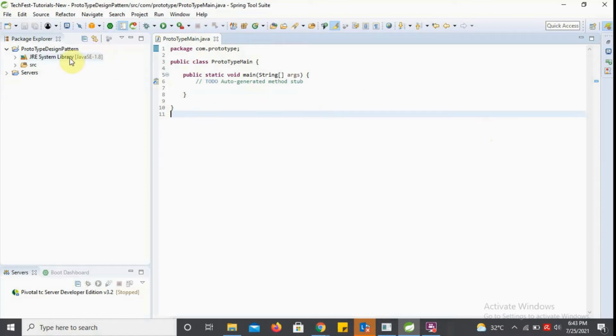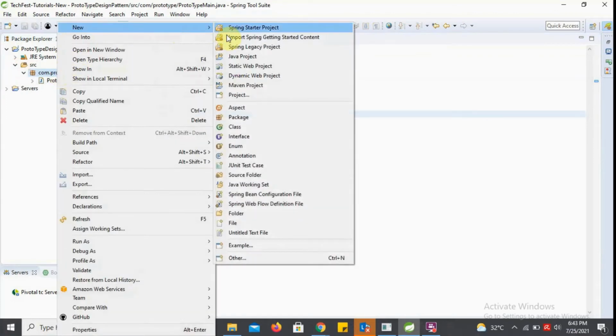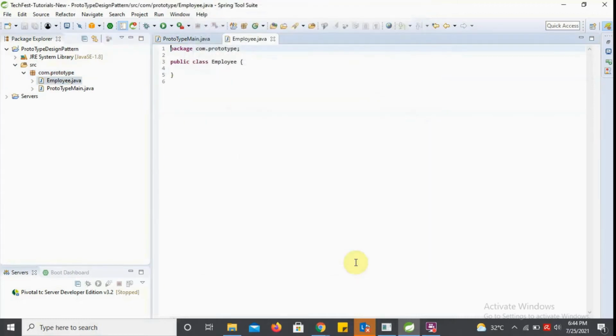For that, I have created a simple Java project where I have taken one main class, and now I'm going to create one more class that I would call Employee. In this Employee class, I'll create one or two fields.